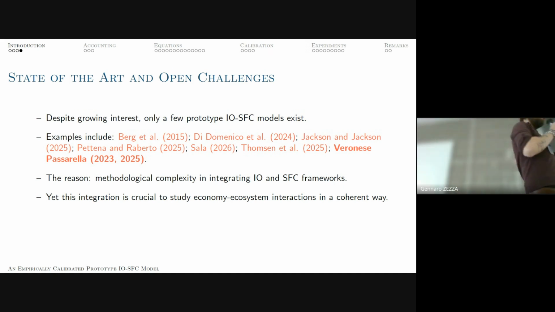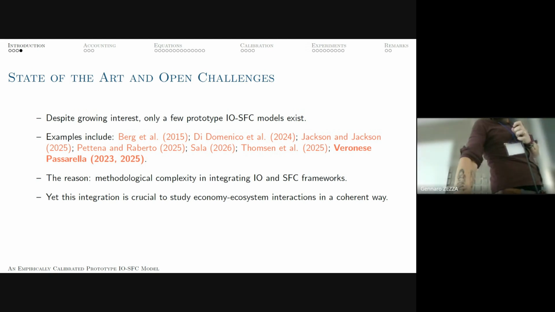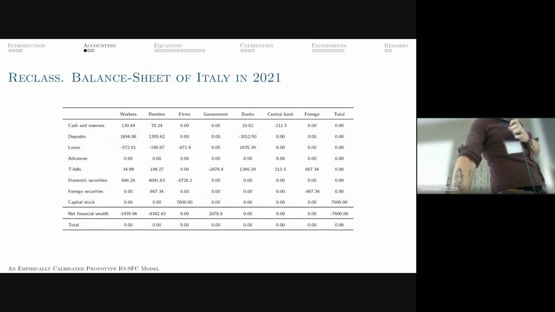After all, IO models were born in a world in which we intended to plan the economy. So they are very good for those things, but they are less good for analyzing a dynamic system. SFC models are good for analyzing a dynamic system, but as mentioned, they are fully aggregated models, and that's a major problem when it comes to analyzing the environment-economy interaction.